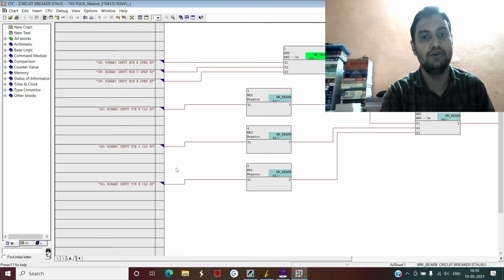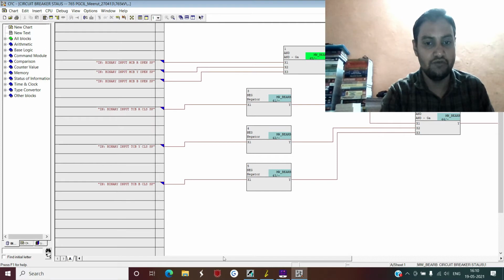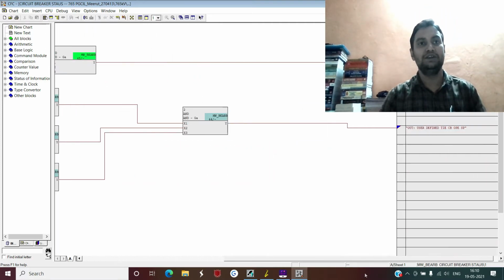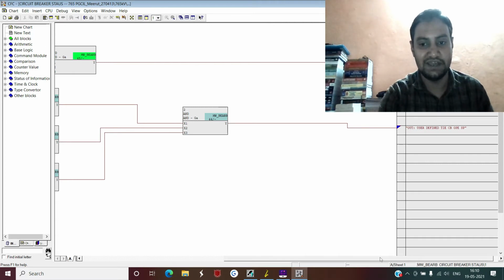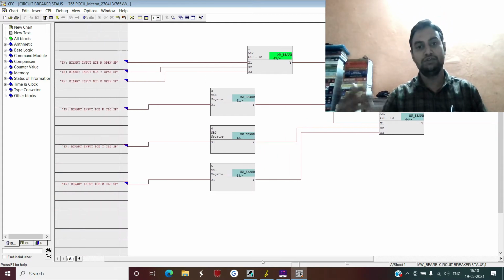Basically this logic is for the tie circuit breaker open close status. In this 7SA522 relay, the tie circuit breaker close status has been wired from the field, and now you want the tie circuit breaker open status in your relay. So what you have to do is simply invert all these tie circuit breaker close statuses and use one NOT gate for your configuration.